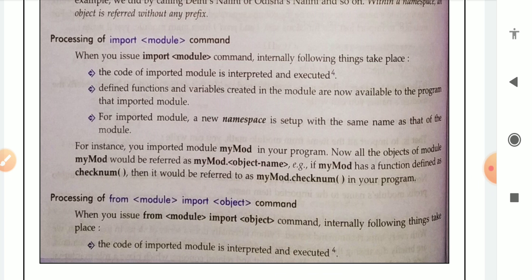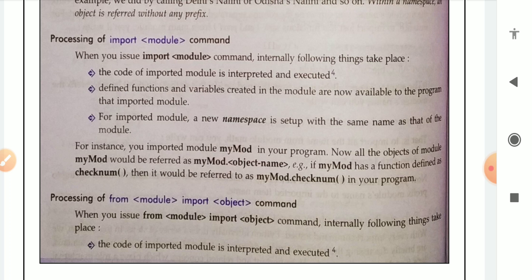Second, the defined functions and variables created in the module are now available to the program that imports the module. Whenever we import a module, we are creating an environment where we can use the function definitions and variables present inside that module.